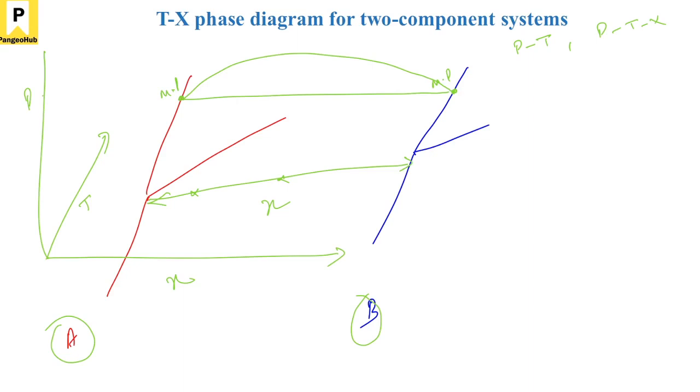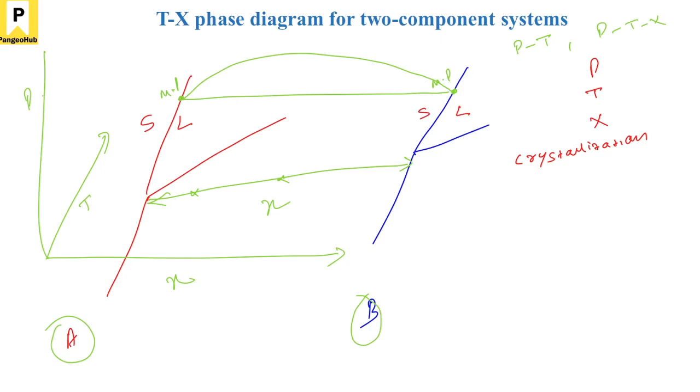So now what are the options? I have pressure, temperature, and composition. Now which one to fix? This really depends on what we are interested in understanding. What we are interested in understanding is crystallization, right? I said we are trying to understand the crystallization behavior in a two component solid solution. So we are looking at crystallization. So what we are essentially interested in is this solid liquid equilibria.